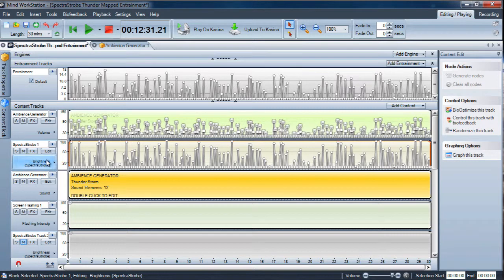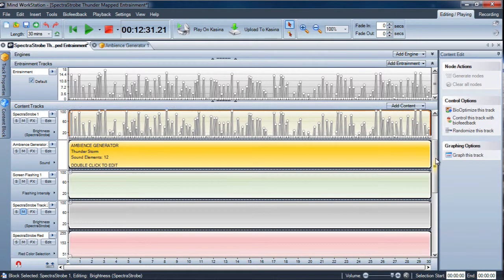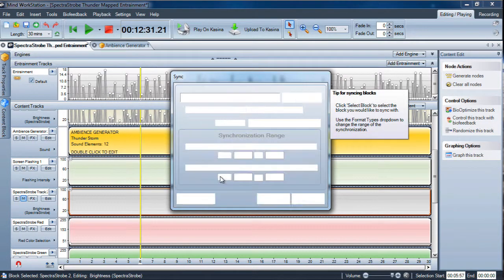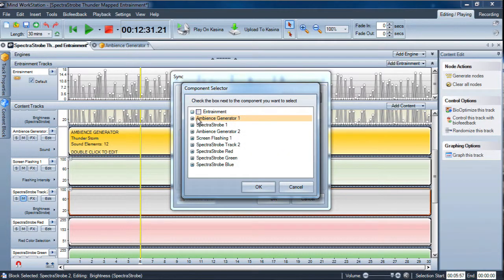Now we already have a SpectraStrobe track here that has nodes inside of it, but because we were smart when we started, these nodes are synced to the ambience generator volume nodes, right? So all we have to do to reproduce that track in our one that's already mapped. Now keep in mind that these tracks are already mapped to this main one. So all we have to do is sync with block for our ambience generator volume